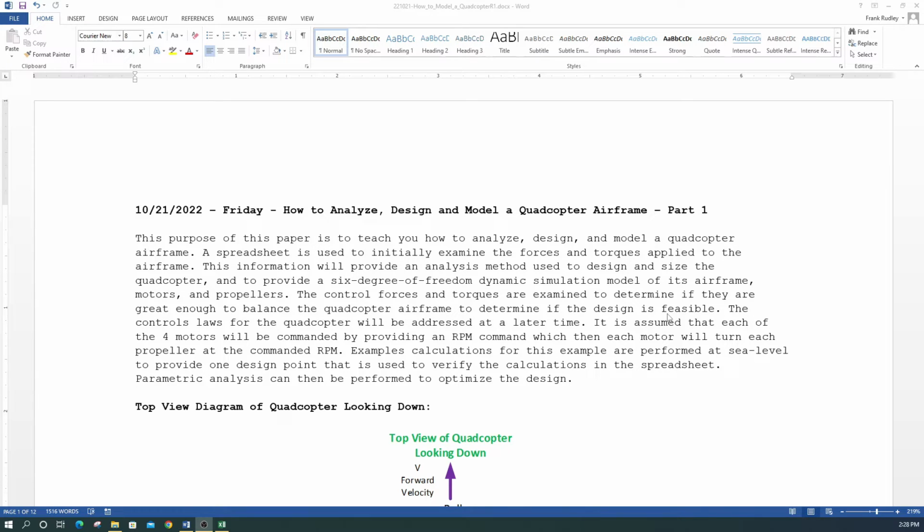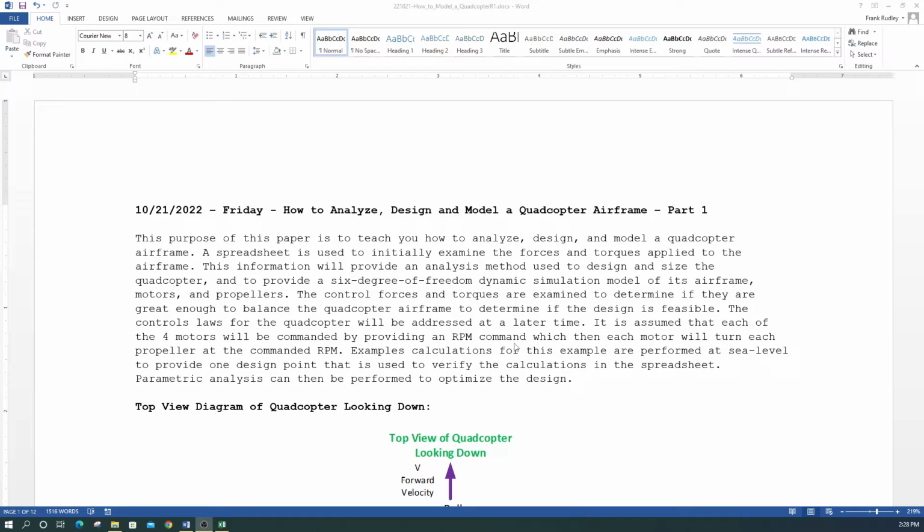The control laws for the quadcopter will be addressed at a later time, in later parts of this analysis. So I'm just going to present this without the control law part. Later on we'll look at some basic control laws that we could use to control this quadcopter. But right now, for this analysis, we're just looking at it at a higher level, just to get the initial airframe design. In this quadcopter design, we're assuming that we provide the motors an RPM command,